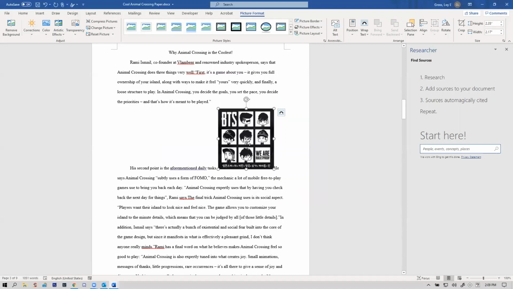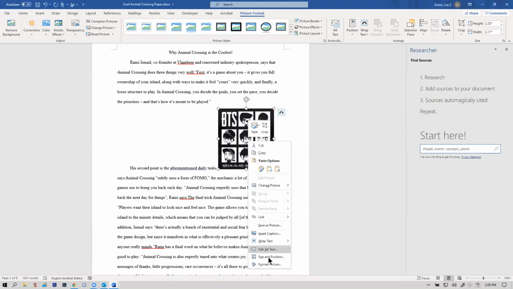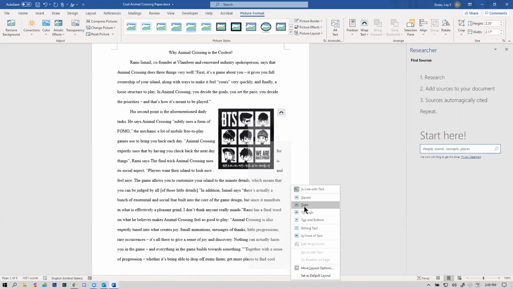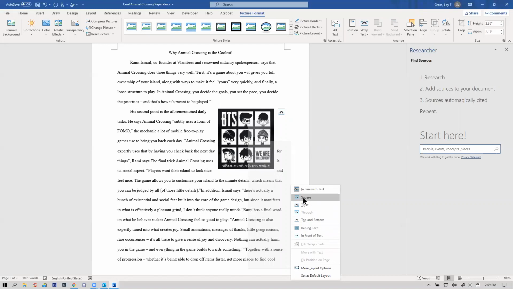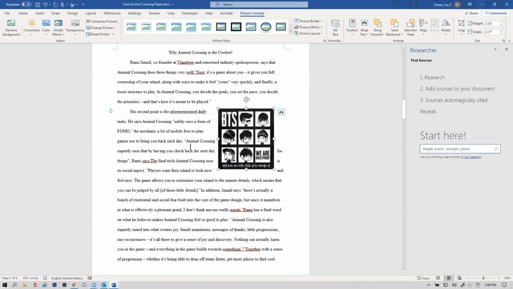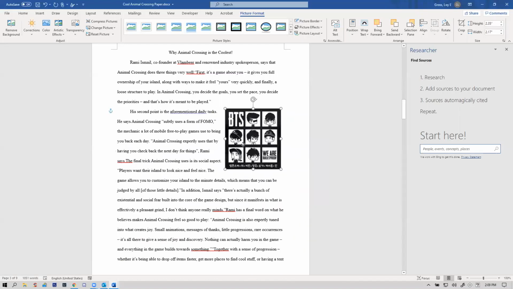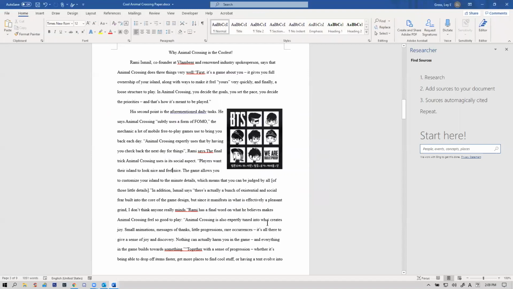Well, that's text wrap. Again, right-click on the image, and I can choose text wrapping. And notice that as I choose different options, it'll show me what each of them will look like. Square is usually your most comfortable option, and I'll just slide it over here so it's on the right-hand side. And now I have a pretty picture where it's supposed to be with cute text wrap in the right size.